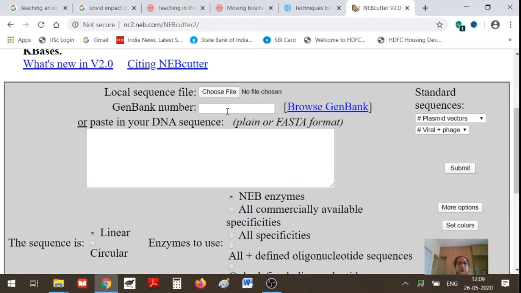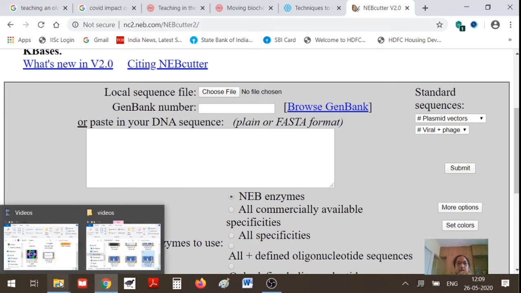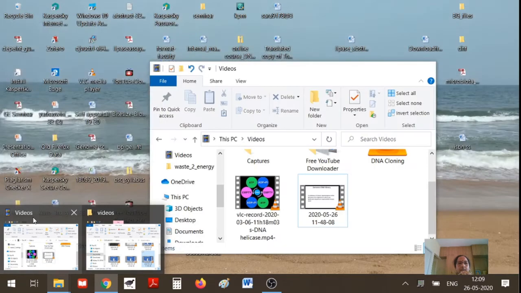If you do not know the GenBank number, you can use the browse GenBank option, which will take you to the appropriate web page where you can use the required search criteria and find the GenBank number. Another option is, if your DNA sequence is stored in a text file, you can just cut and paste the DNA sequence in this box. So, that is what we will be doing now.